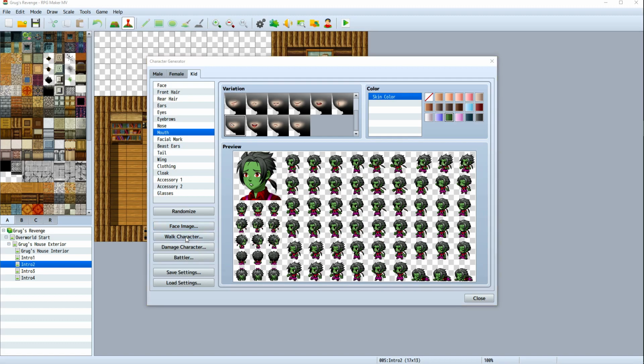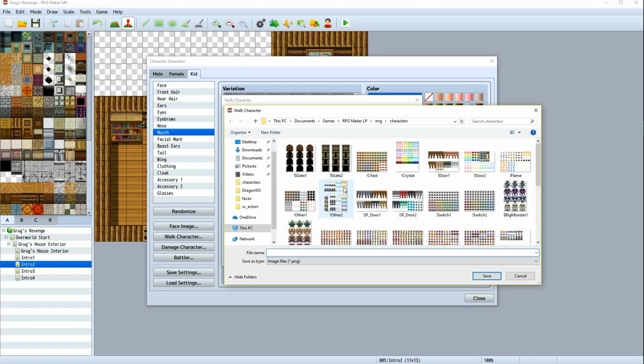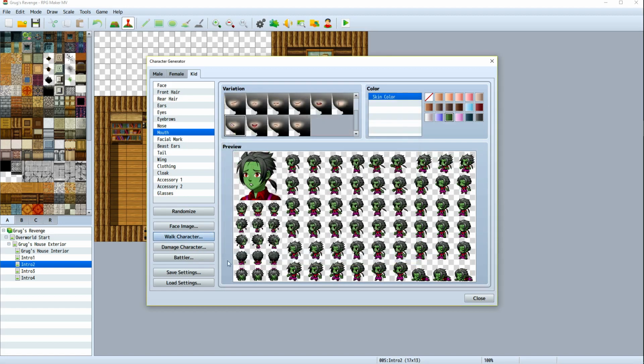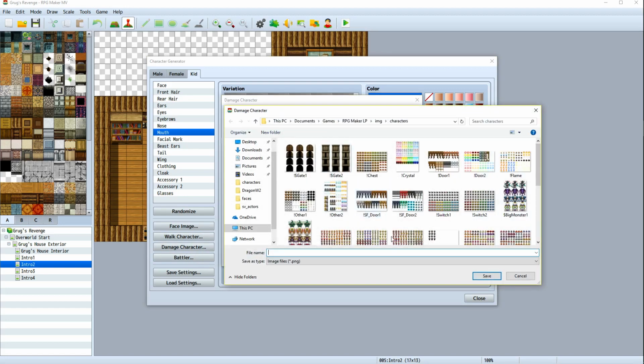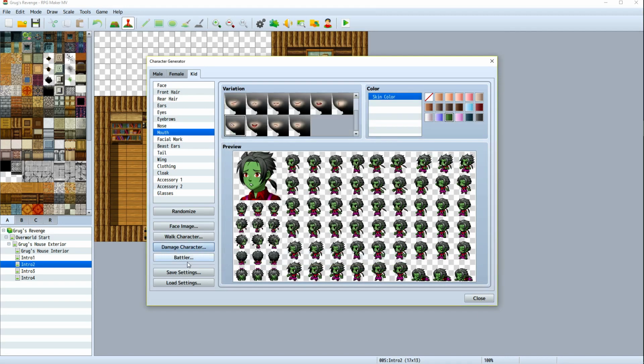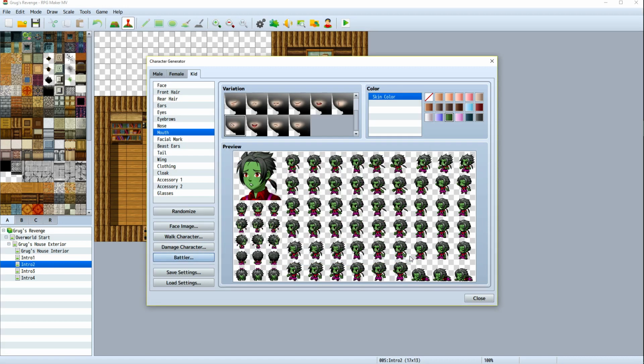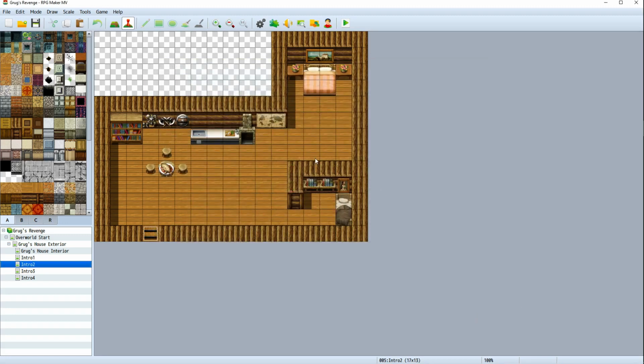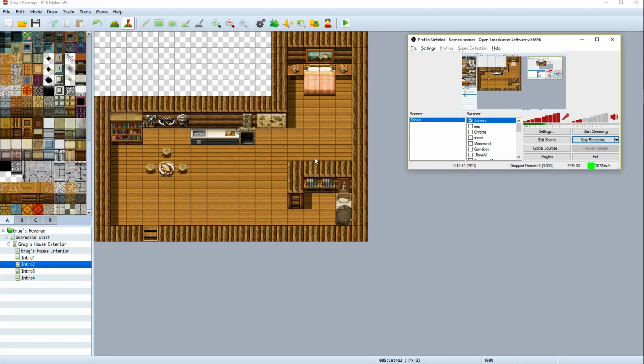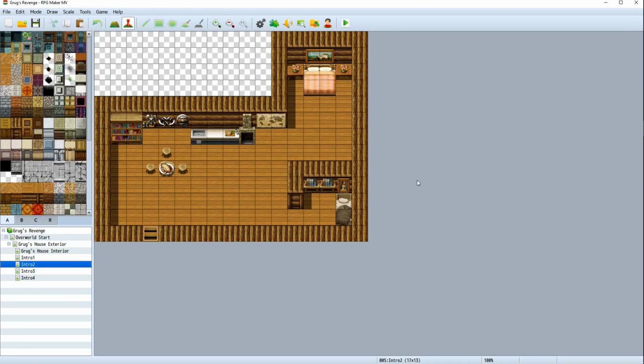And then let's get his character walk, because we're going to need that. Billy walk. Damage, export. Billy damage. And Billy battle. Alright. So we have our kidnappers, we have Billy, and we have Mom. We are ready to set this up. I tell you what. Alright, so we need to go ahead and